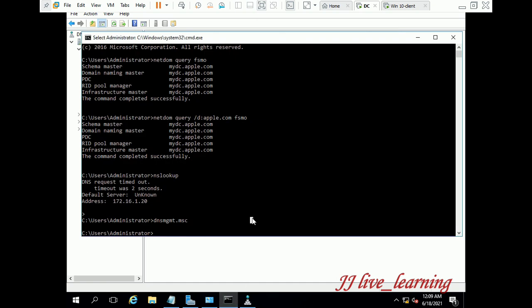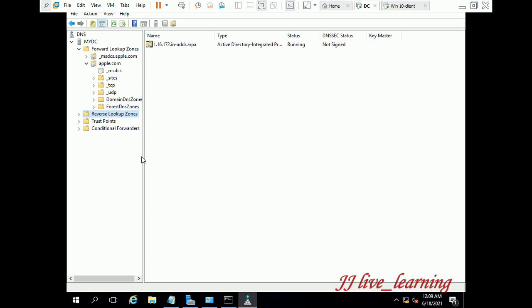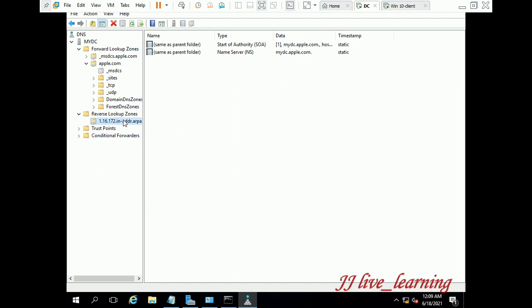Now again you are checking your DNS by giving the command nslookup. Still there will be another issue, that will be showing as unknown on your default name server. So the naming will be missing on your DNS record. In your forward lookup zone your entry will be present, but in the reverse lookup zone your server entry will not be updated. So you have to add the server domain name manually. So no record is stored there.